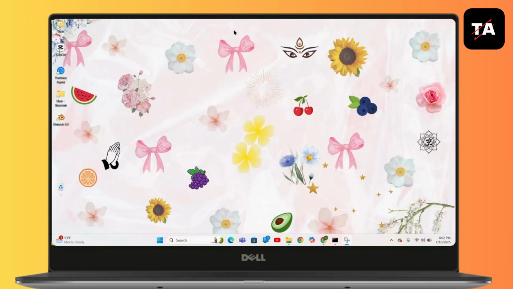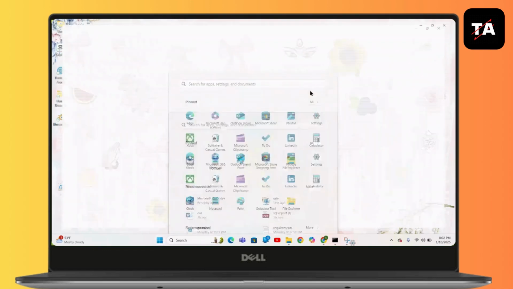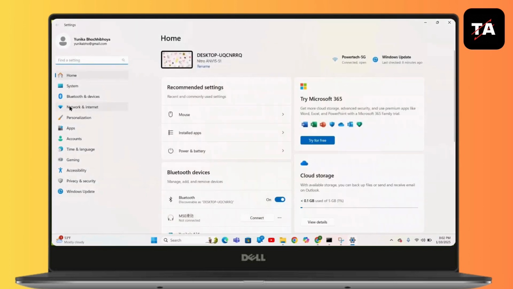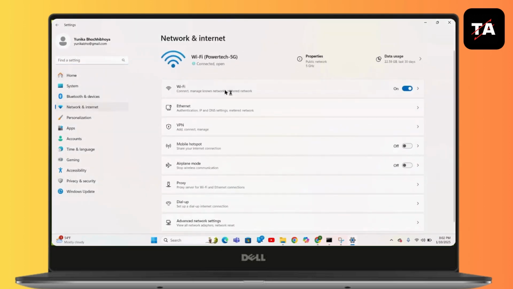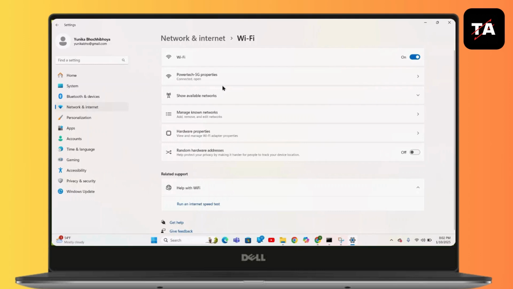So connecting to Wi-Fi is a very important and very easy process on your Windows. You can often find your Wi-Fi settings in your taskbar, but if you do not find it, the process is still very simple. Go to your start menu and then go to settings. After that, go to network and internet. Then go to Wi-Fi. Now turn your Wi-Fi on and then go to